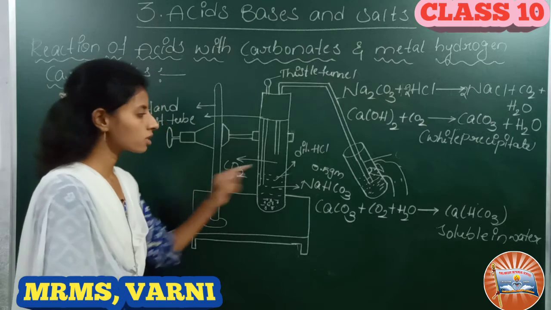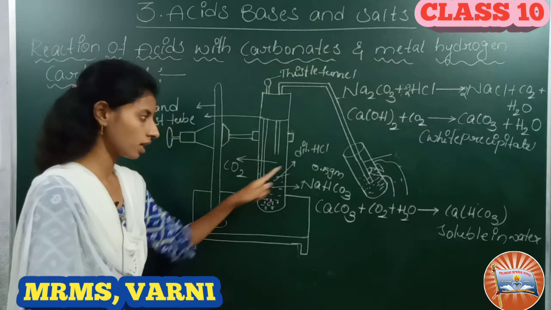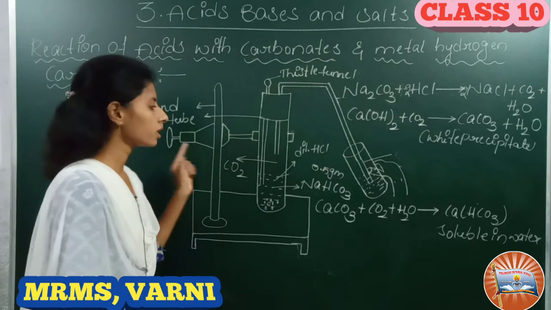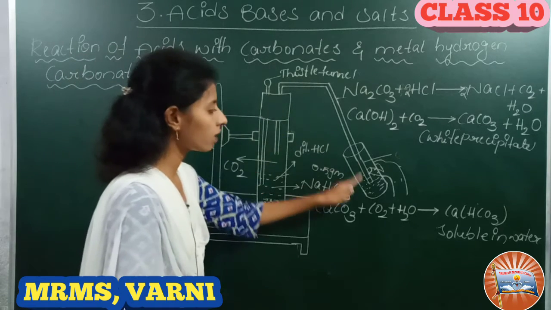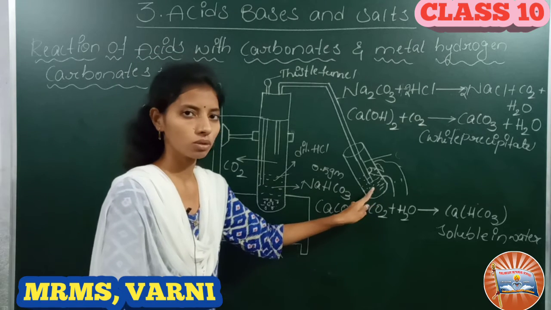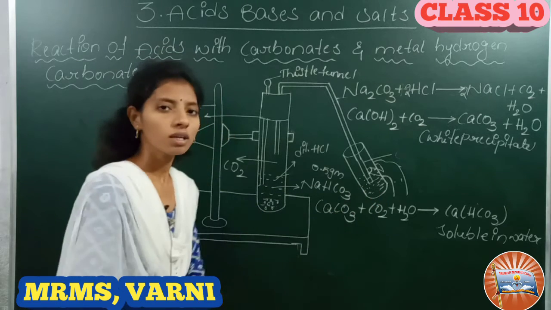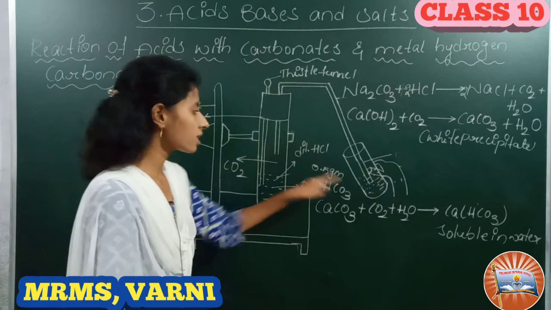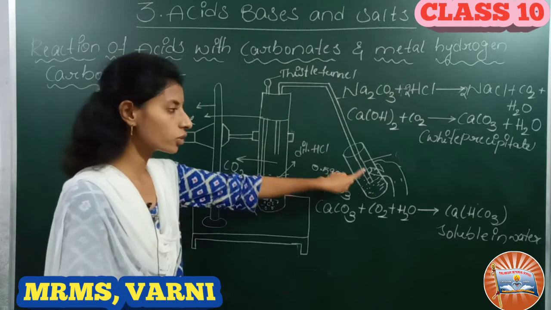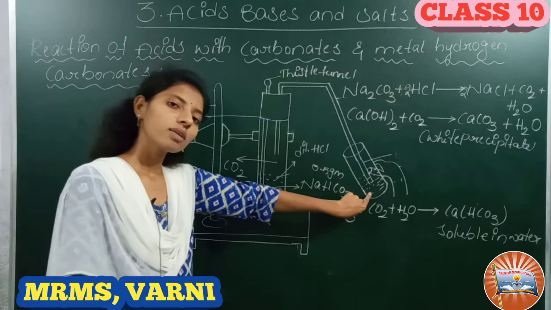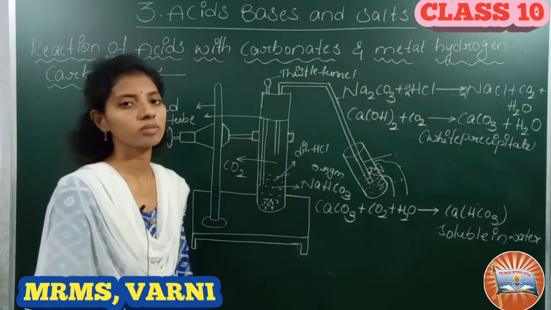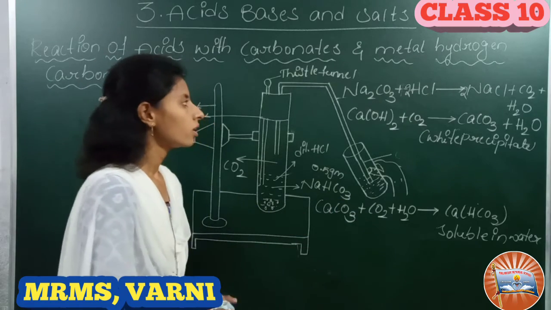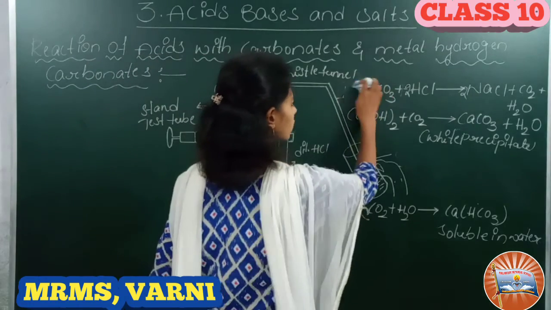So again here this sodium bicarbonate is dissolved in this HCl. When it is dissolving, it will release a gas. Again we have to pass this gas through the delivery tube into this lime water solution. Again we will observe the white precipitate formed in this test tube. Okay, by passing excess carbon dioxide through this delivery tube into this lime water solution, the white precipitate will be dissolved, right? So we will get the same result, that is soluble in water, right? So here the equation is changed,